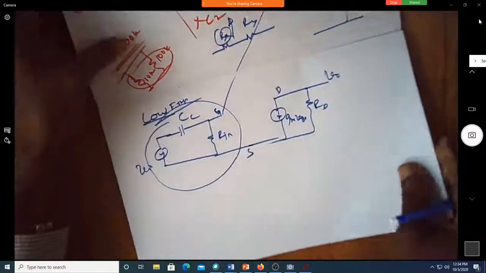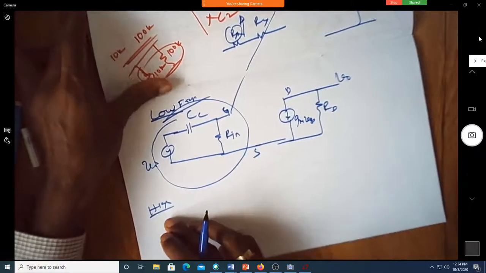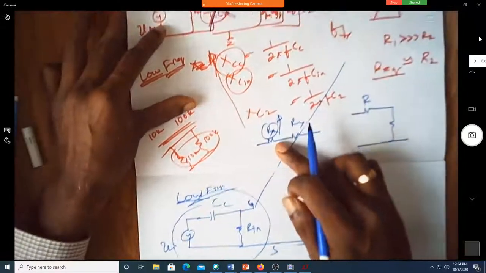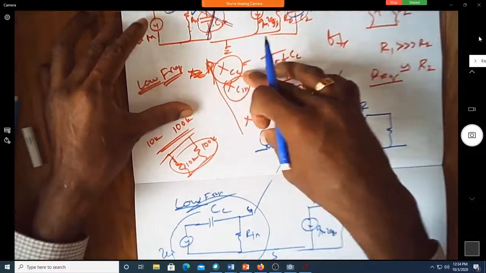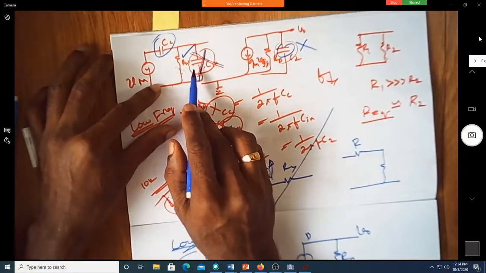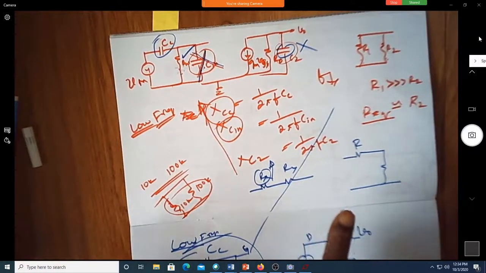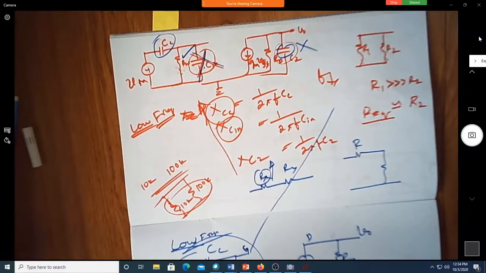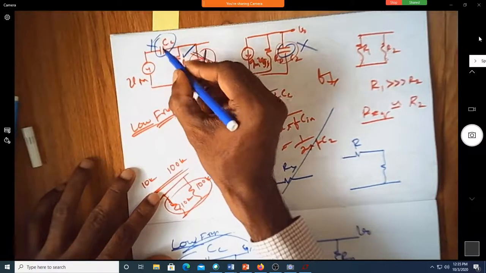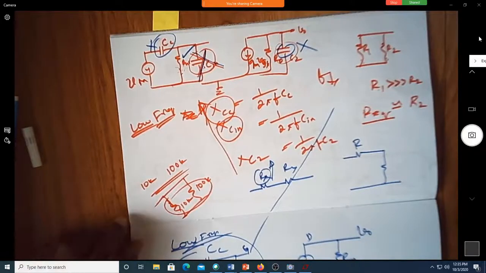Let us go to high frequencies. When you go to high frequency, what is the reactance offered by this CC? What is the reactance offered by all of them? Very less, sir. They are all low. When you have something in parallel, you cannot neglect it. When you have two resistors in parallel, you cannot neglect the lower one. So you can certainly neglect this at high frequencies because its reactance is very less at higher frequencies. Correct? Yes, sir.